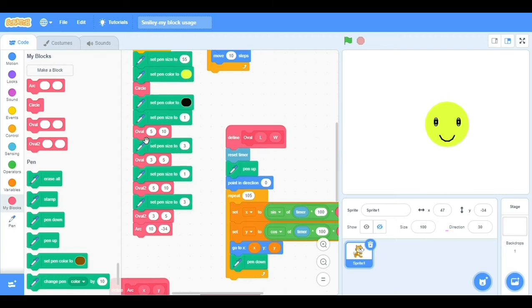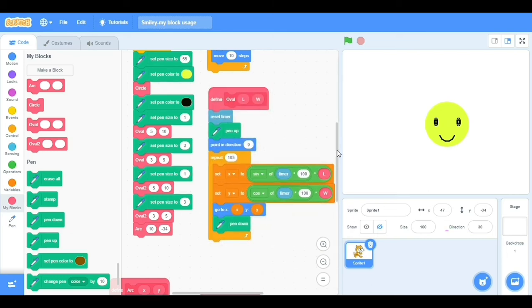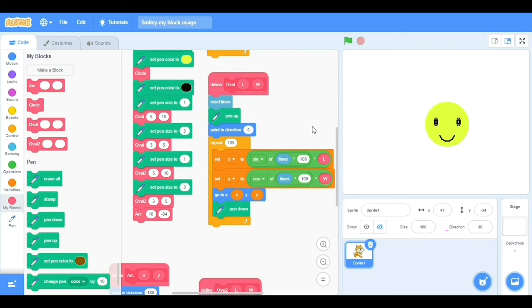I'm calling the vowel function with 5 and 10 as length and width. So vowel LW. Let's see how I have done this program. In our vowel video, I had given fixed values here, but now I have given values from my main program. Next I have changed the set pen size to 3 and again called the same vowel program with length as 3 and width as 5.